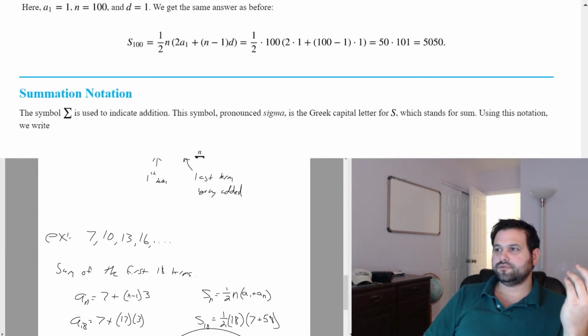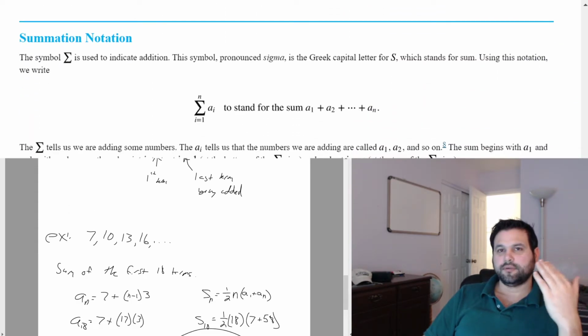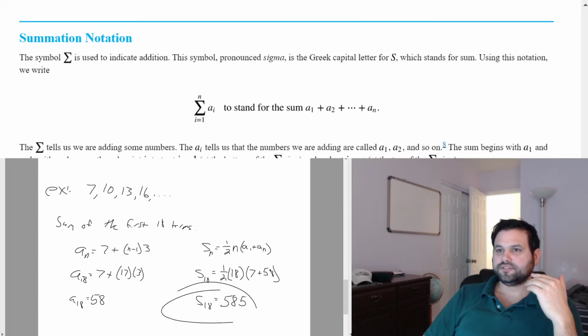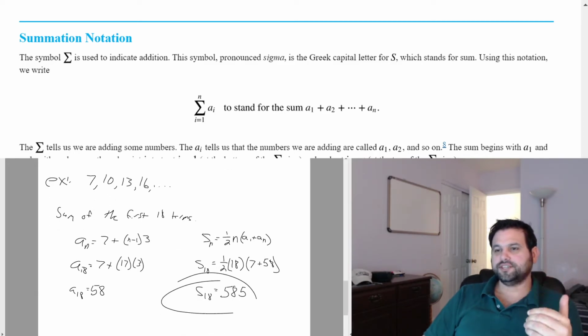So that is the general way we've done it before. If you haven't used summation notation, I'm going to go over that now. So with summation notation,